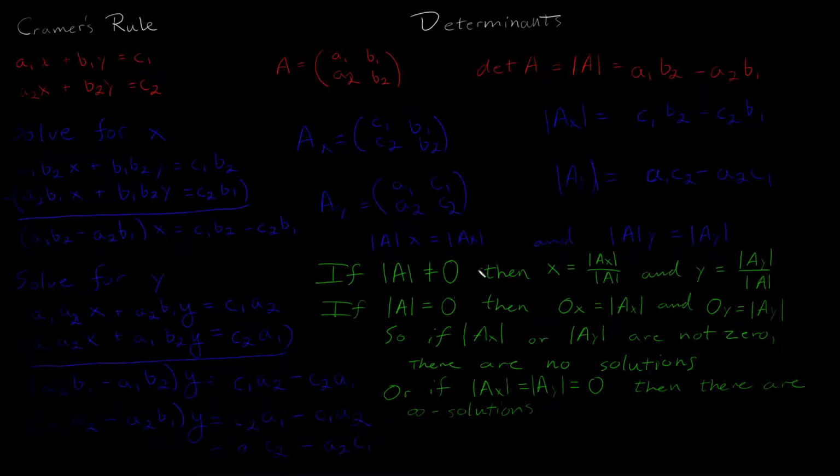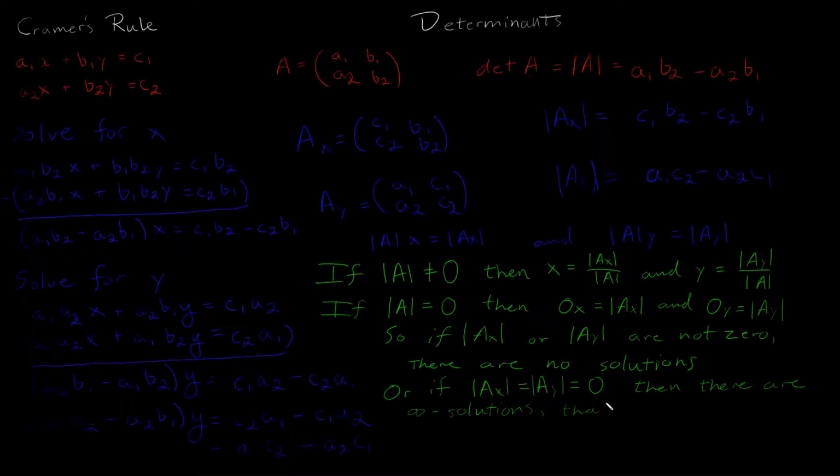So you can have one solution if the determinant of A is non-zero. You can have no solutions if the determinant of the coefficient matrix is 0, but A x's determinant or A y's determinant is non-zero. Or you can have an infinite number of solutions